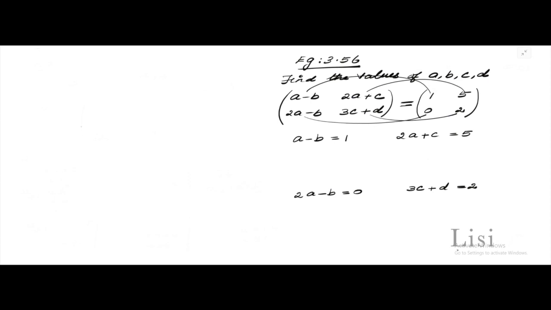So you see this one, 2A minus B equal to 0 is there, no? We'll do this one first. That is 2A is equal to B. That is what? B is equal to 2A, isn't it? So come over to the first one. You are having A minus B, isn't it? So in the place of B, you put 2A.